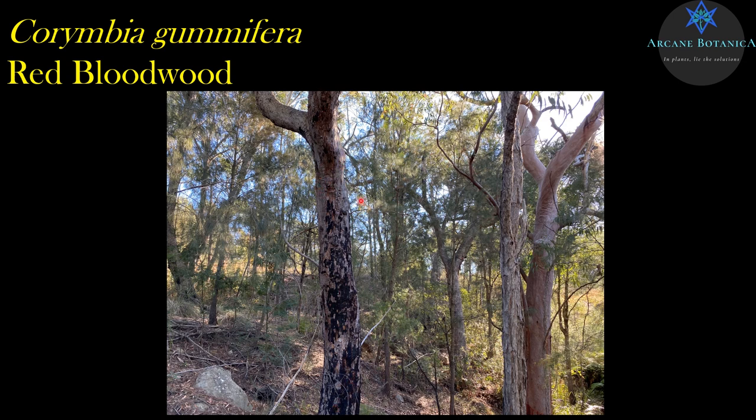Some really common companions in the Sydney area for Corymbia gummifera are Angophora costata, which we saw in the last lecture. And in Hawkesbury sandstone gullies, you also get Eucalyptus piperita a lot. And those three trees, Angophora costata, Corymbia gummifera, Eucalyptus piperita, just love hanging out together in the Sydney sandstone country, especially once you start to go down the gullies. So you'll see those three quite often.